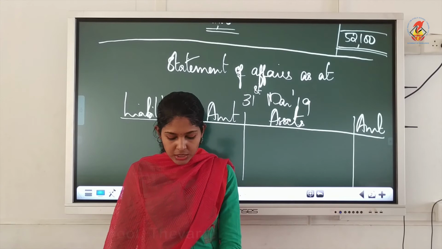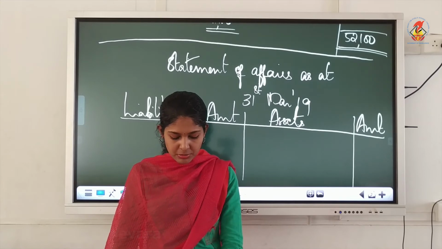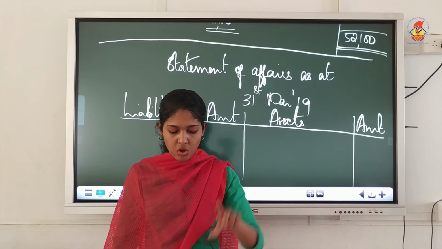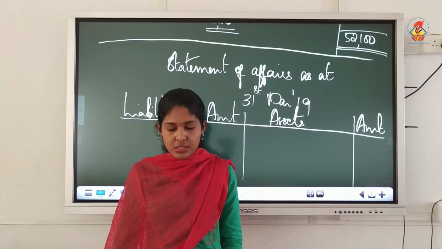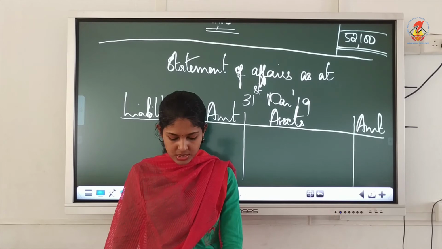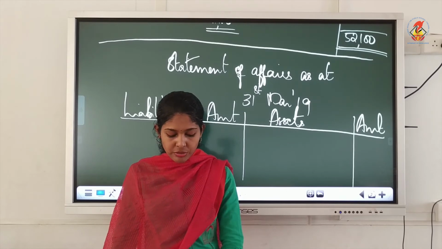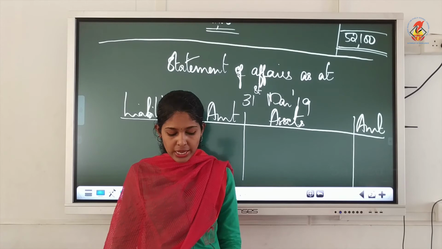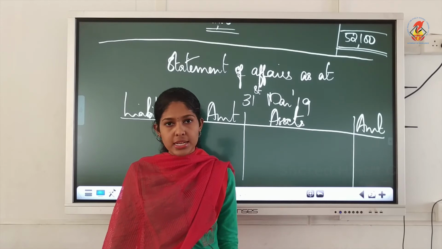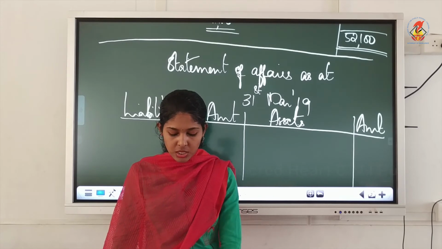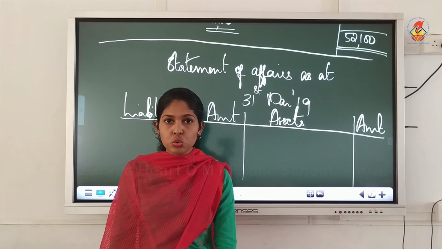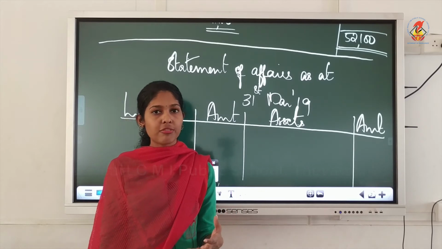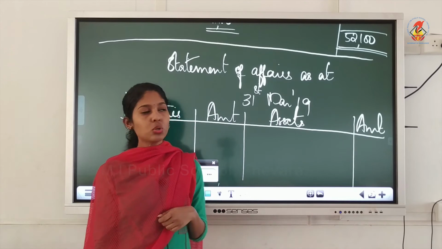He had bought additional plant and machinery which costed 13,000. So already we have plant and machinery in the beginning, that is for rupees 30,000. With that we will have to add this. Debtors given, out of which 900 would not be able to collect. That means they are called bad debts. So that we have to deduct. Then cash and bank balance is given, stock at the end, that is closing stock is also given. Yes, so we will do the closing statement of affairs after we include all these items.